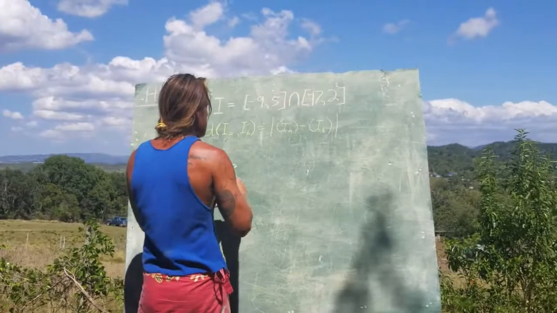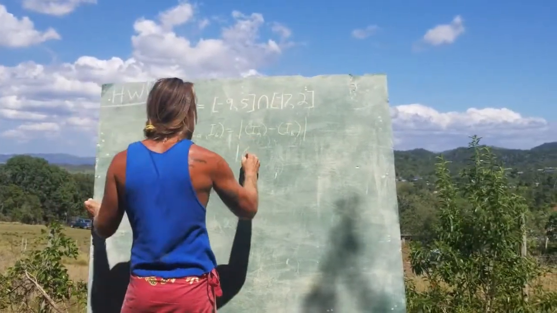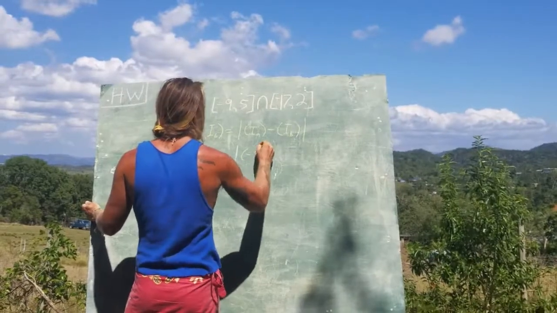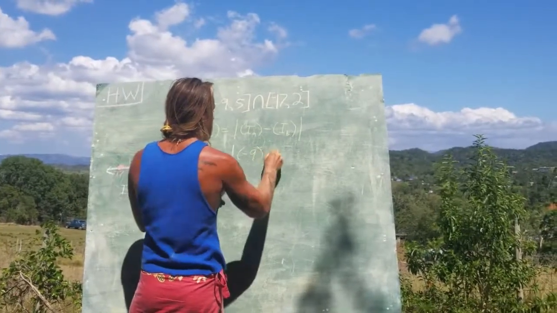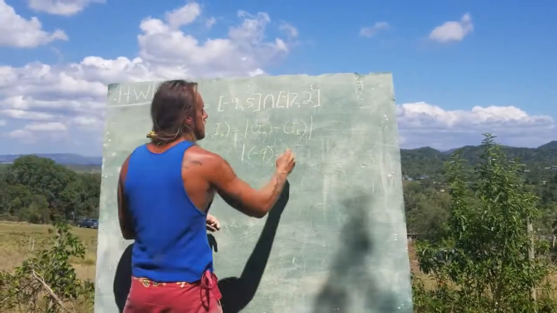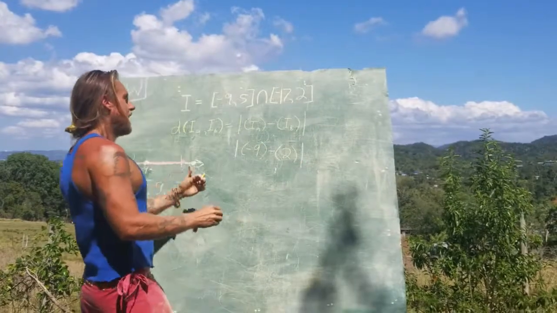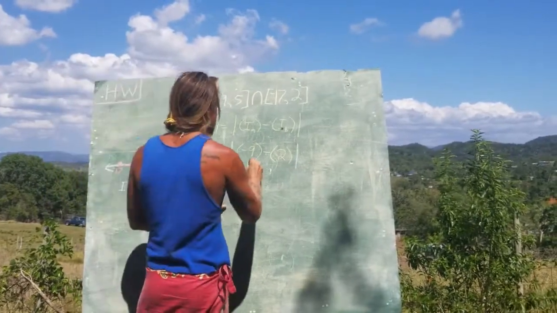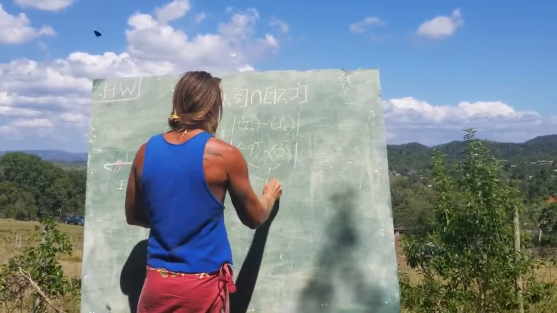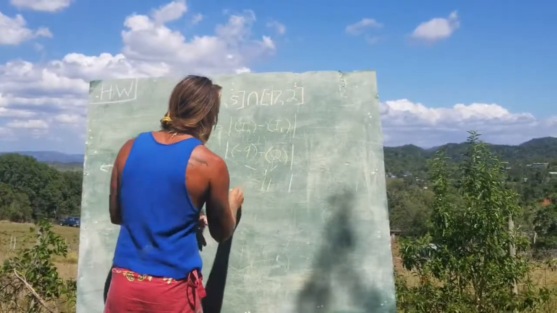We're going to take the absolute value of I sub A, which is -9, minus I sub B, which is 2. And the -9 minus a 2 is a -11. Absolute value of -11,